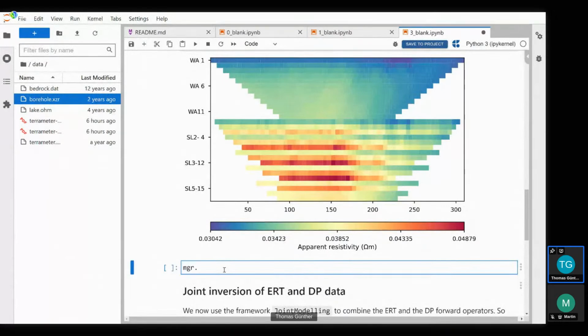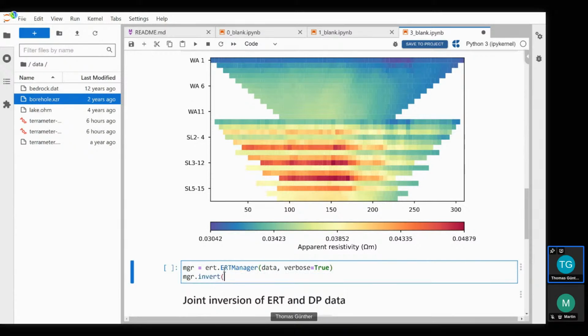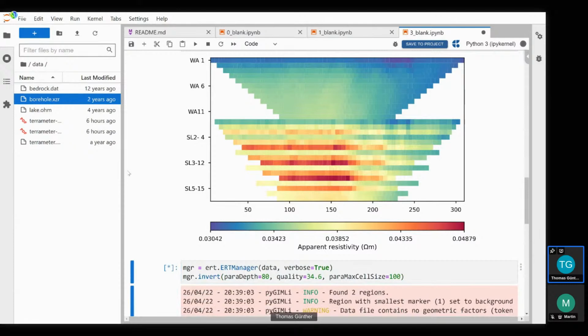So again, we create an ERT manager, put in the data, verbose. We're going to use a depth of 30 meters. We don't have to create the mesh beforehand. We can also input all mesh arguments in the invert command, and I'm gonna limit the maximum cell size to 100 square meters here, and then I'm gonna